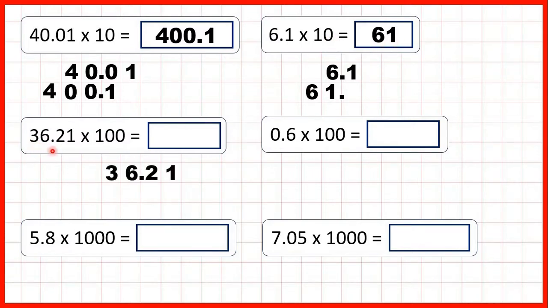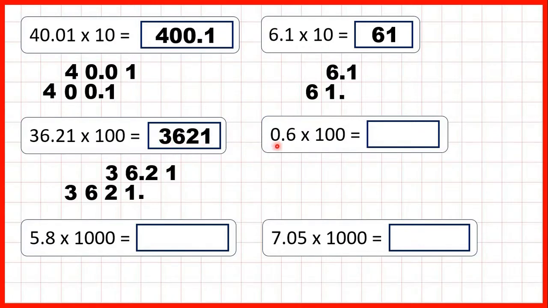Now we have 36.21, so we write the number out and copy down the decimal point, but this time we're multiplying by 100. Now multiplying by 100 is the same as multiplying by 10 and then by 10 again. So to multiply by 100, the digits move 2 squares to the left. So we can copy down this 3, 2 squares to the left, and do the same with all of our other digits. That gives us 3,621, and the decimal point is on the end, which means we have a whole number. So our answer is